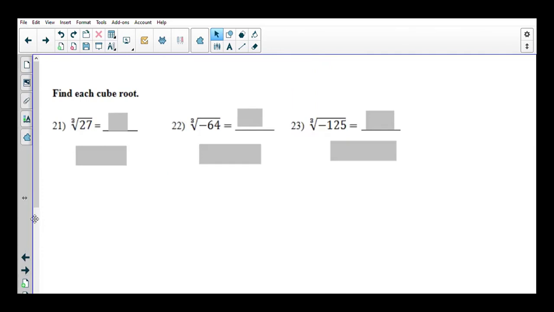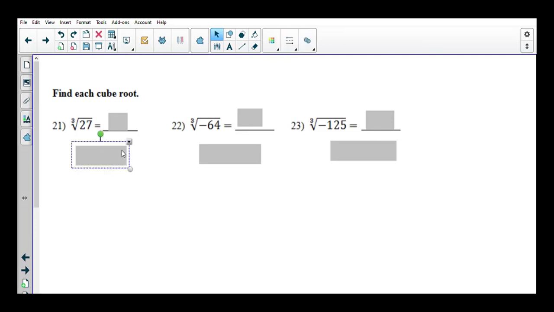So these 3 I asked that you do without a calculator, but if you want to double check with a calculator to see how it works, feel free to do that. Again, this is your chance to play around. It's a different way to learn stuff, but it gives you a chance to figure some things out on your own. So number 21, when I have the cube root of 27,